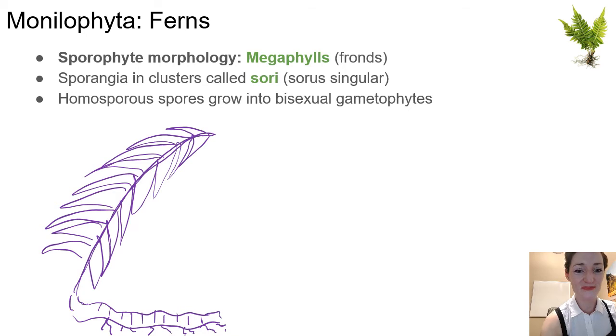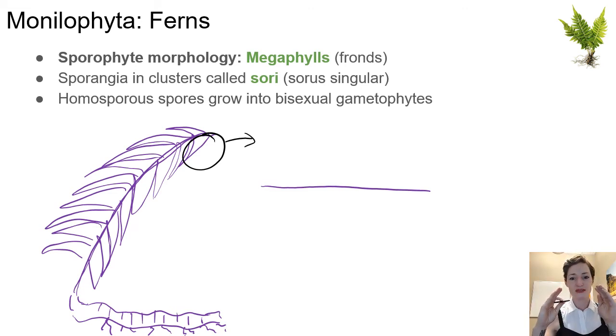So this is a megaphyll, and if we were to zoom in on one of these sporophylls, one of these sporangia-making leaves, I'm going to look at the underside of it. If you ever looked at the underside of a fern, it depends on the fern, but often sword ferns in our area, they have these kind of dusty orange looking dots. So we're going to look at the bottom of that, and at the leaf surface, and if we're microscopically looking at a cross section through it, from the side,